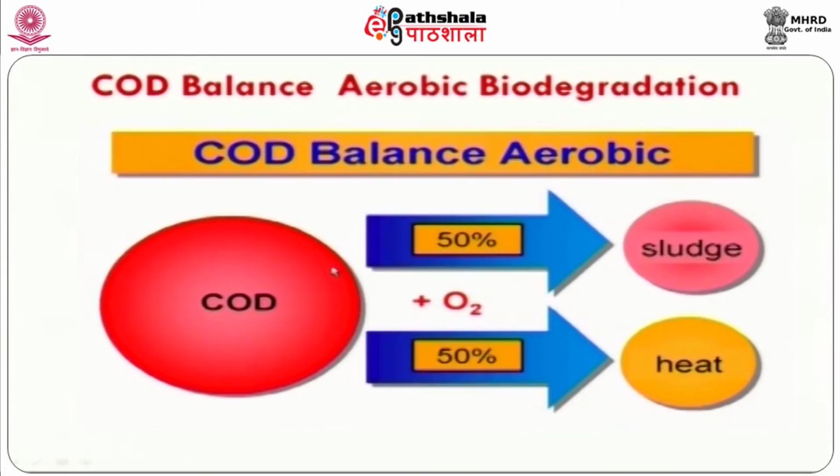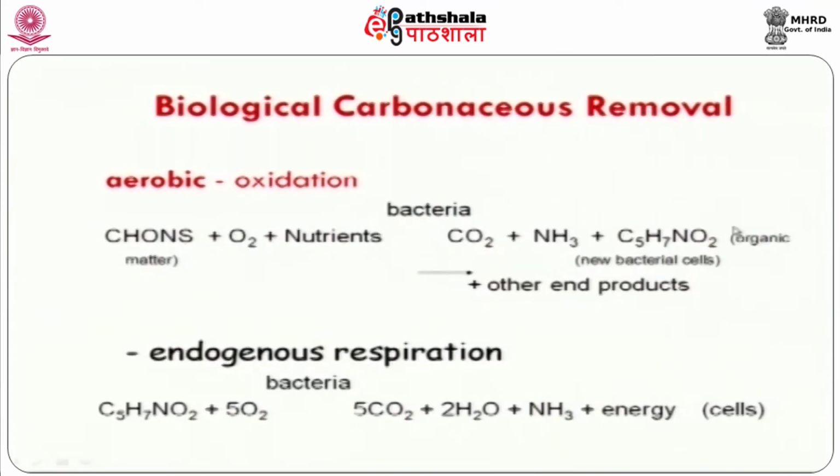If we rate the influent organic matter in terms of chemical oxygen demand, roughly 50% of the COD will be converted into biological sludge during aerobic transformation and 50% of the energy will be wasted in the form of heat energy. Bacteria can take some of the energy that will be released during the exothermic reaction. With the help of the energy, they can produce more and more bacterial cells by binary fission. This is the growth equation.